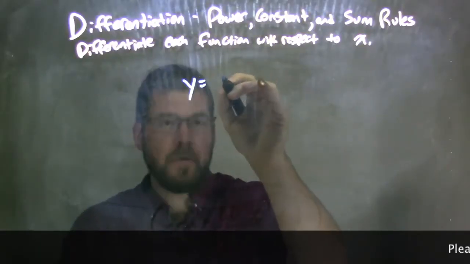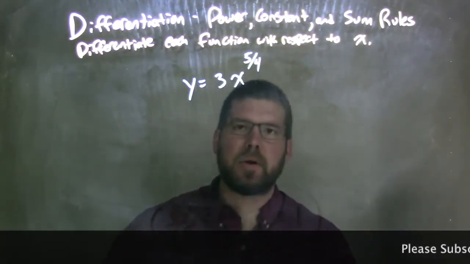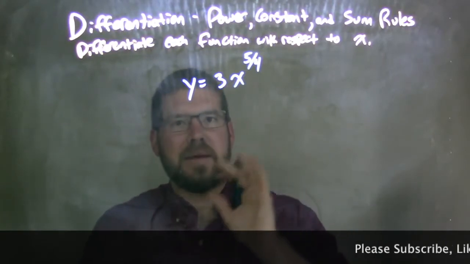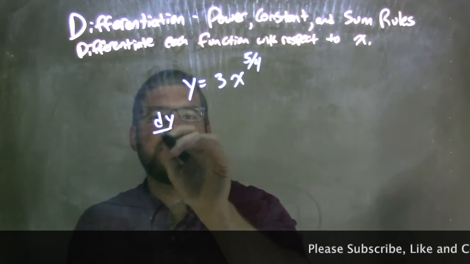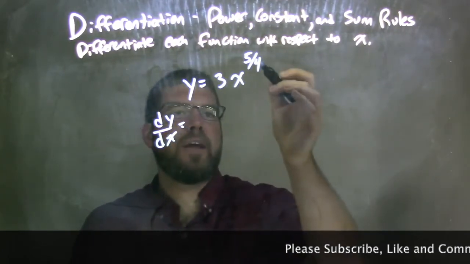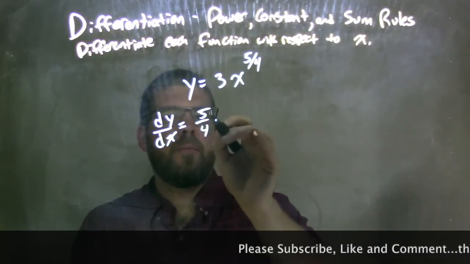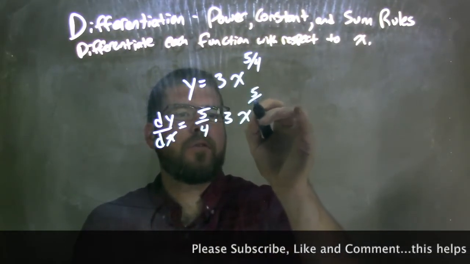Y equals 3x to the 5/4 power. Okay. Well, this is a classic power rule, but we have a fraction, so let's be careful here. Power rule states when I take my derivative, my dy dx, I bring down the power, so 5/4, multiply by what's given, 3x to the power of 5/4